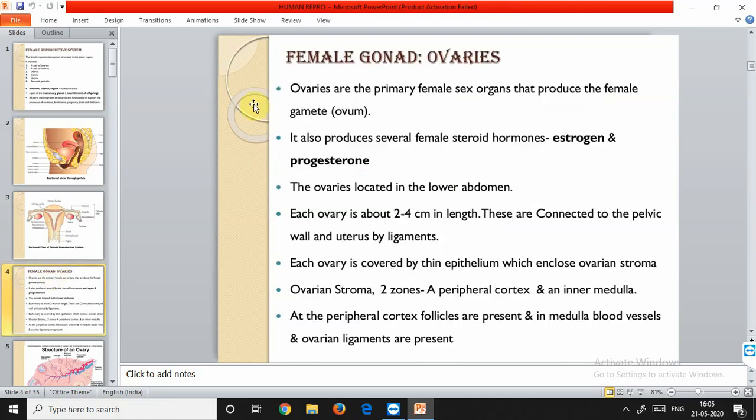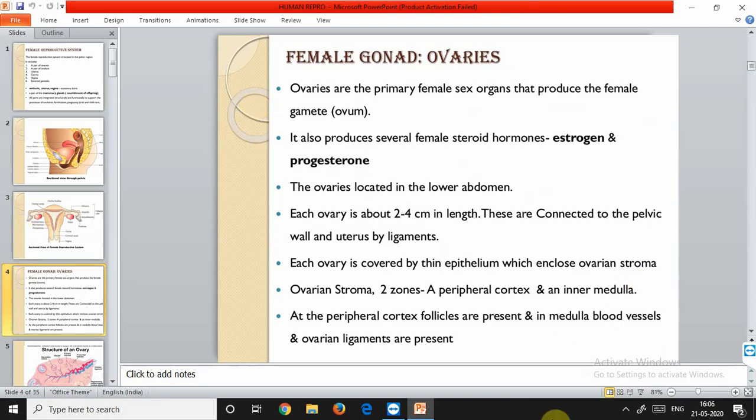What are the ovaries? The ovaries are a pair of small, oval organs, and they are located in the abdominal cavity. The main function of the ovary is to produce ova. At the time of birth, a female already has thousands of immature ova in her ovaries. So the ova are already present since the birth of a female. Now, many of these degenerate during childhood, when the female is still a child, many of these ova get degenerated in the ovary.